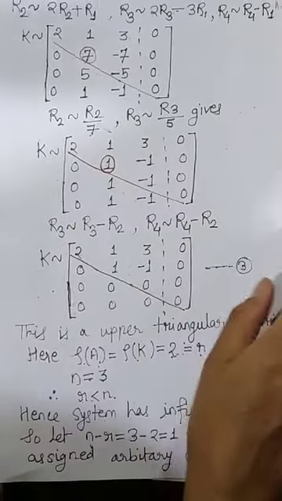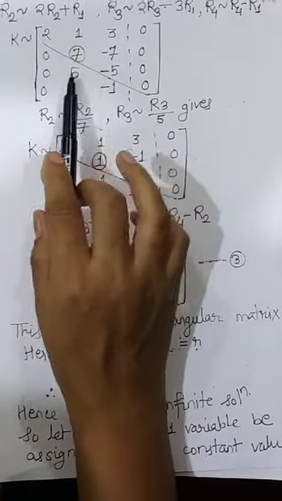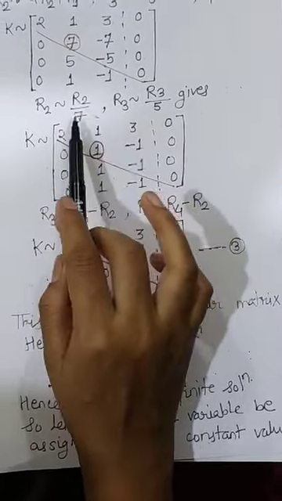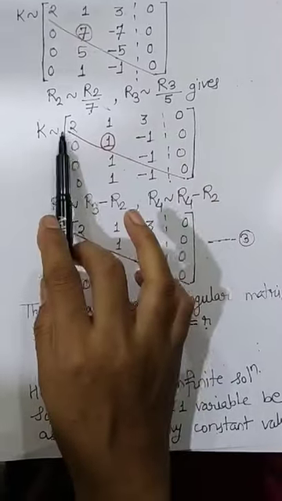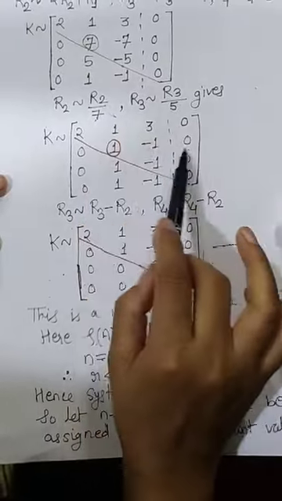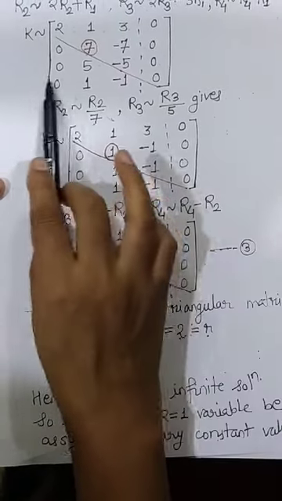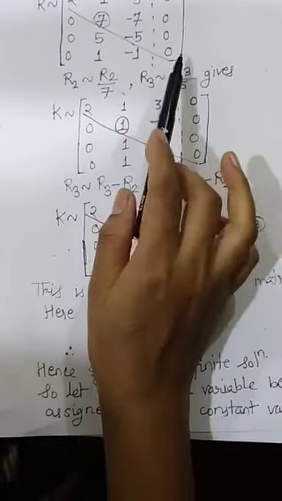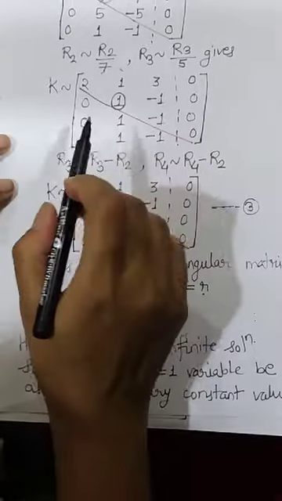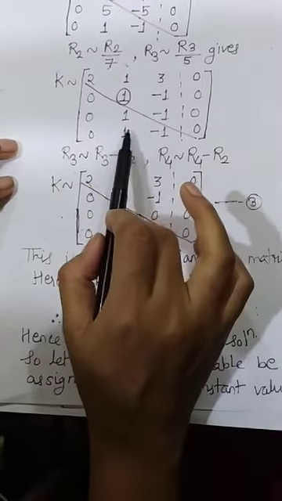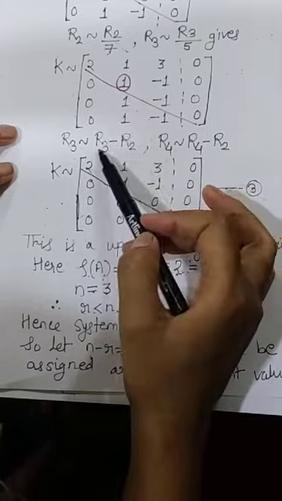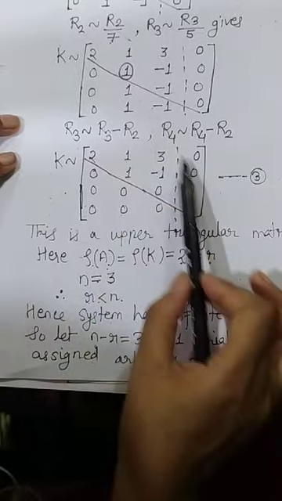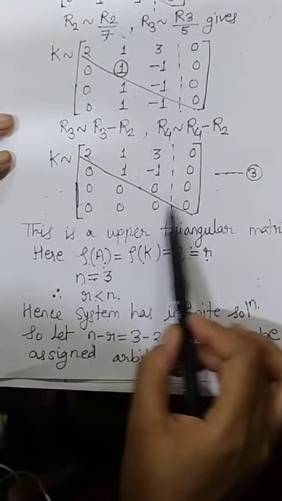For the sake of simplification, as we observe 7 and 5 common in the second and third rows, the second and third rows will be divided by 7 and 5 respectively. So we get the first row as it is, the second row divided by 7 gives 0 1 -1 0, the third row divided by 5 gives 0 1 -1 0, and the fourth row will be as it is without any change. Now let us move to the second diagonal element. Make all elements below it 0 with the help of this only. So we simply subtract R3 minus R2 and R4 minus R2. The first two rows are as they are. Now according to these operations we have these elements.